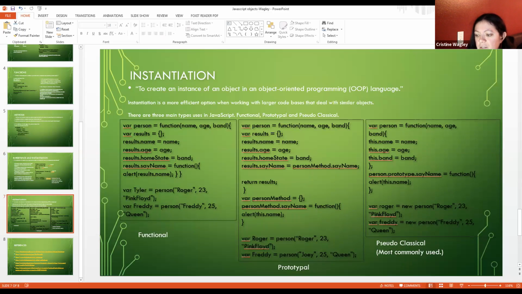And so pseudo-classical, from this reference that I put in, I have a reference slide at the end here that has all of the stuff that I used for the presentation, was the most commonly used one. And it's pretty much like the other ones that we looked at. It has the constructor, the first object, and everything down here is able to pass information. So you just create your variables basic like this. You don't actually name them up here, because then you can keep adding on.